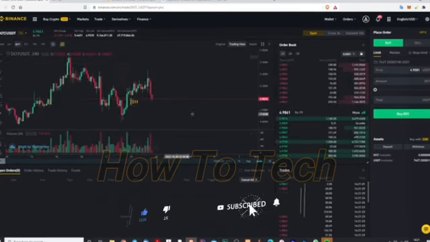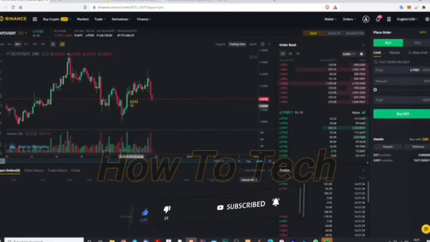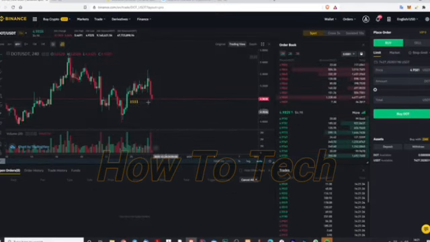And this is Polkadot right now, and it's exactly why I want to buy it, because of what's going on right now. And I want to buy it when it hit this